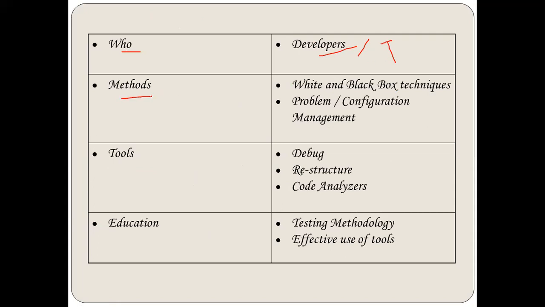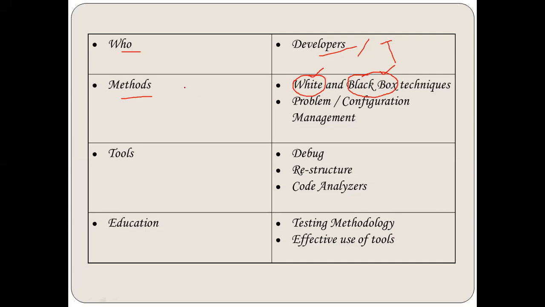What are the methods we are using? We are doing both the white box testing and the black box testing. I will just give you a small concept of white box and black box. When I say white box, I mean to say I am working on the internal code. While when I say black box, I'm not testing the internal code. I'm not concerned about the internal code. I'm just checking whether I'm getting the right output or not. That means I'm going to do the functional testing, right?